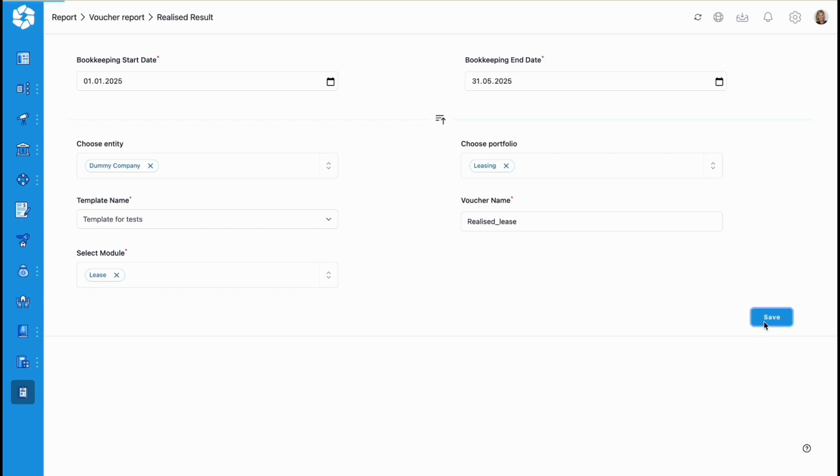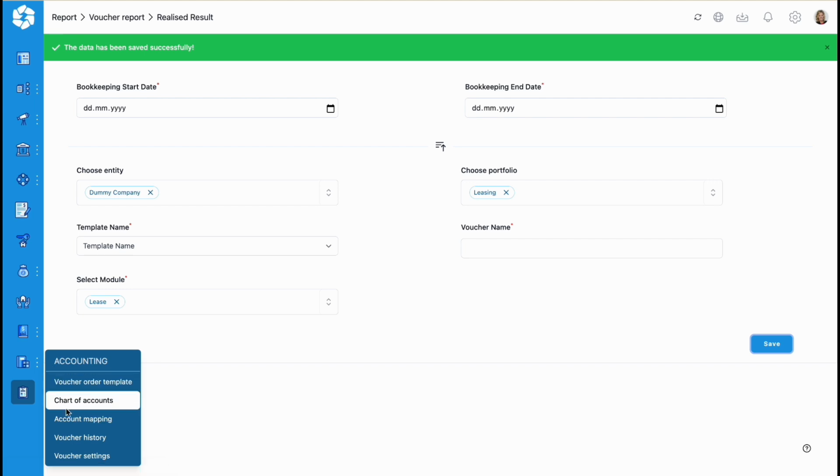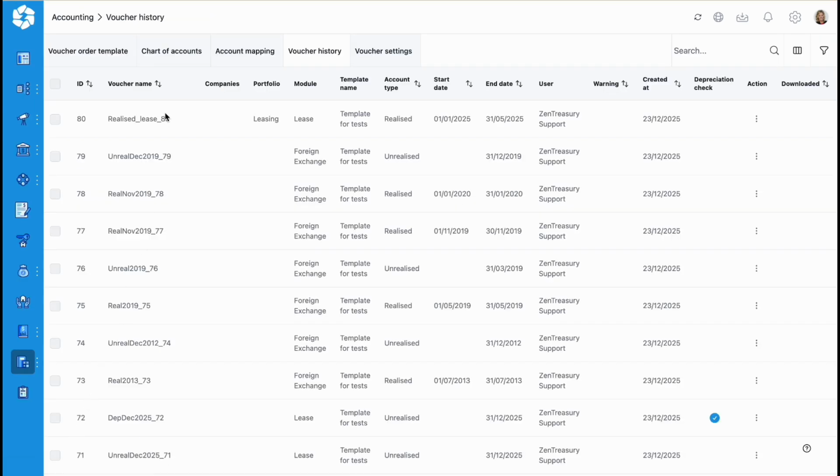Step 3. Voucher History. After saving, the voucher is automatically transferred to the accounting module. To view it, navigate to Accounting, and then open Voucher History. Step 4. Review the voucher. In the Voucher History list, click on the 3 dots on the left side of the voucher row and select